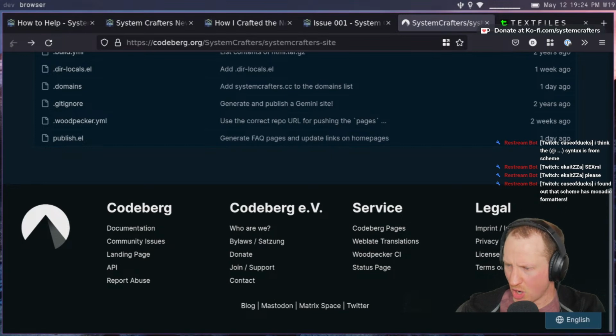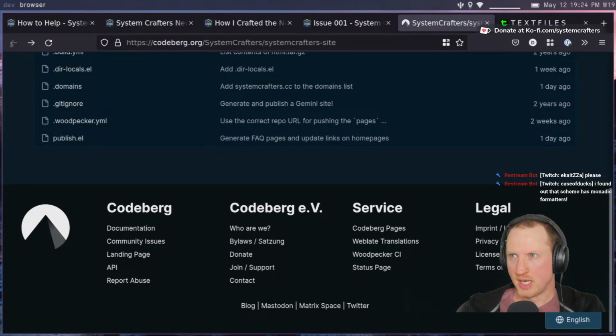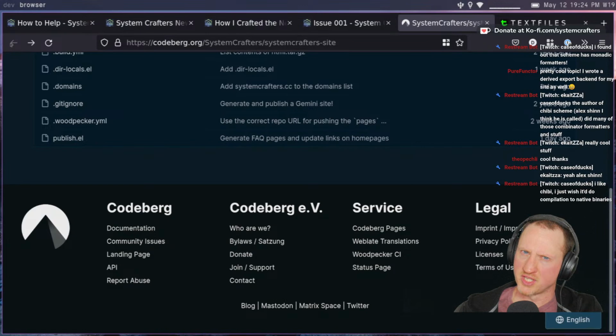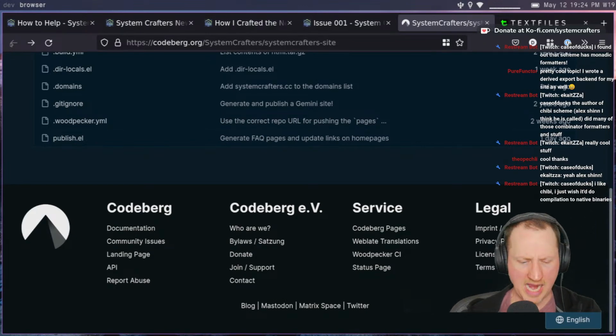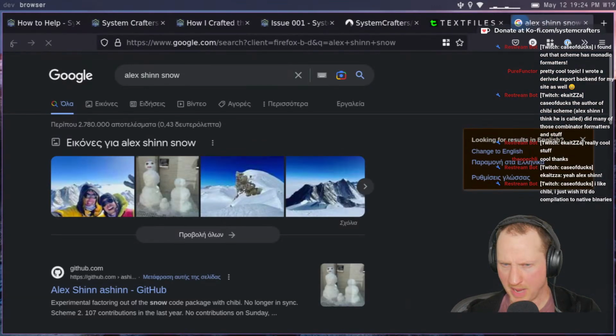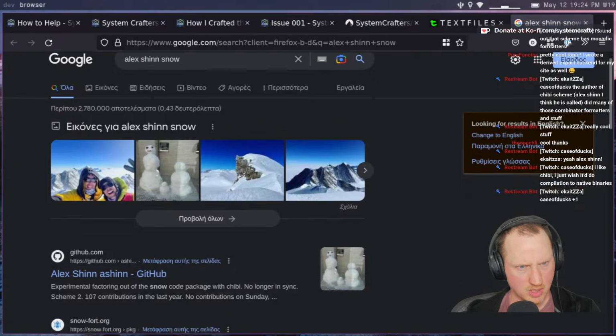Kate says, the author of Chibi Scheme, Alex Shinn. Yes, that's Alex Shinn. Did many of those combinator formatters and stuff. Yeah, Alex Shinn is a very prominent person in the Scheme community, has done a lot of stuff. I think he was probably on one of the review boards for R7RS at least, maybe R6RS. Also, I think Alex Shinn came up with the Snow package manager for